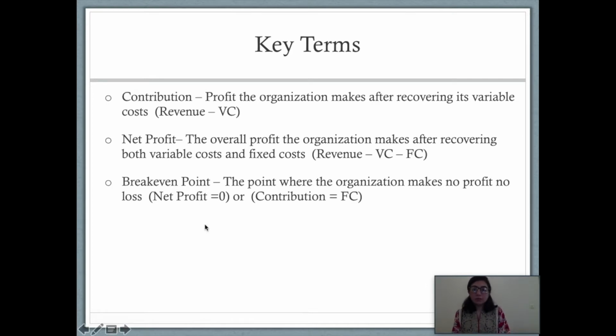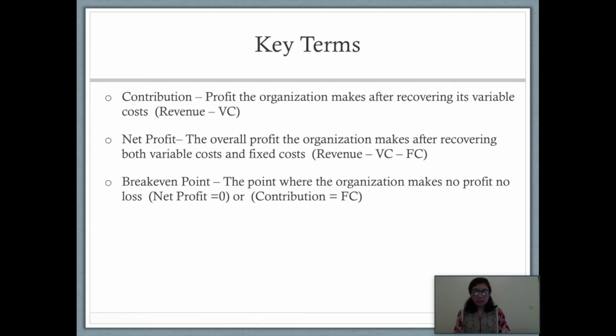A break-even point is very important for any organization. This is the point that the organization, the strategic management, is actually looking forward to. Before starting any organization, analysts take out feasibility reports. They calculate at what period the organization will start making a profit. For that calculation, the break-even point is the key. It plays the key role.